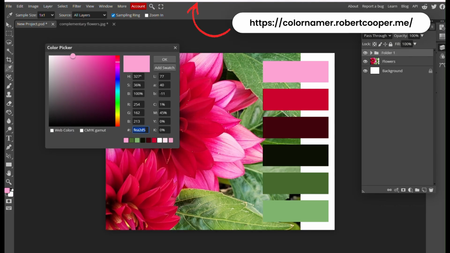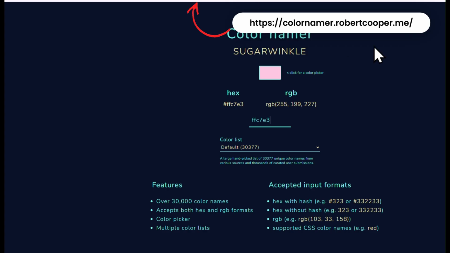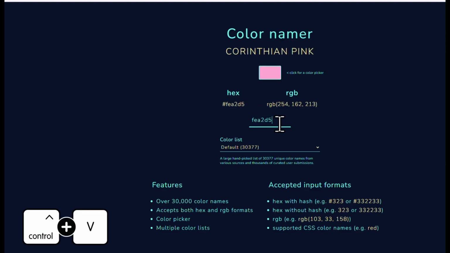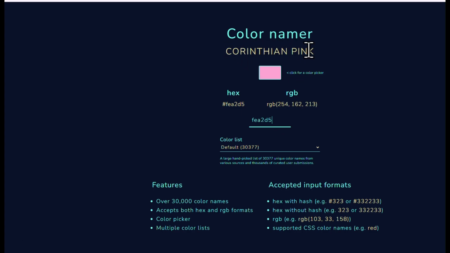And then we are going to go to the website Color Namer. There's a link in your Schoology. And so we're going to paste it here. And it's going to tell us the name. This one is Corinthian Pink. So I'm going to go back here,